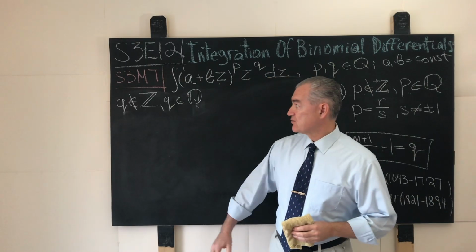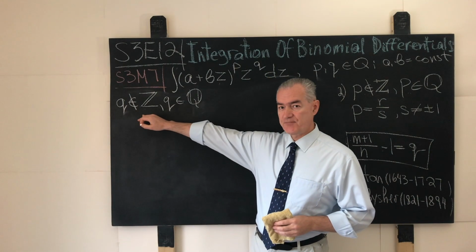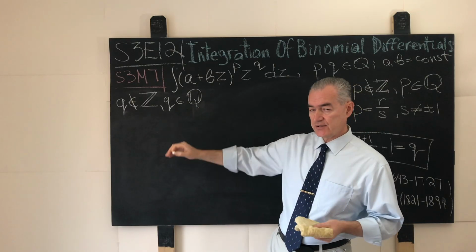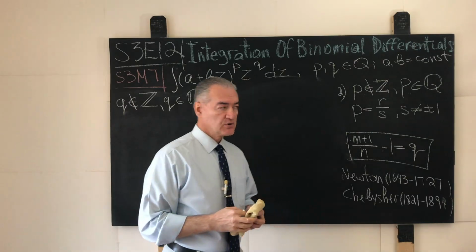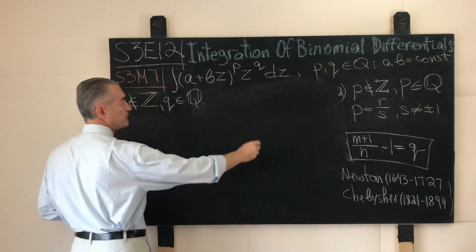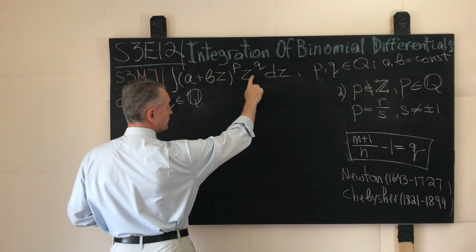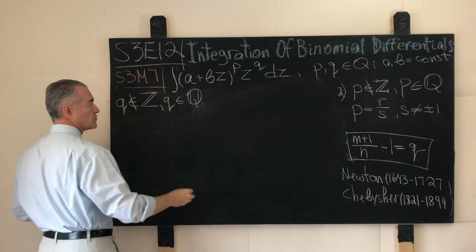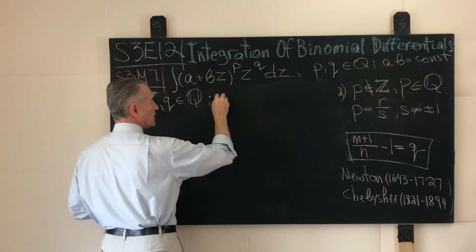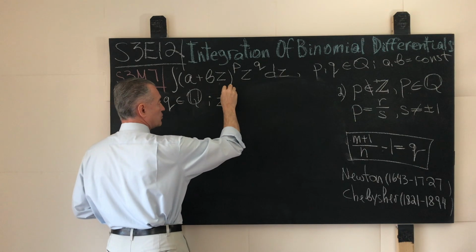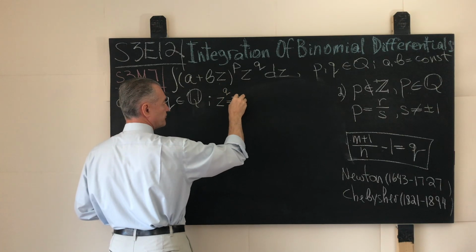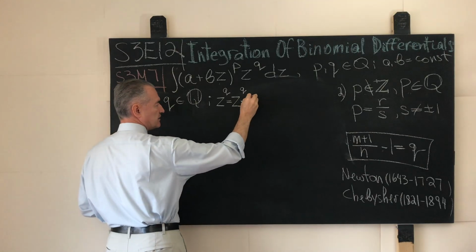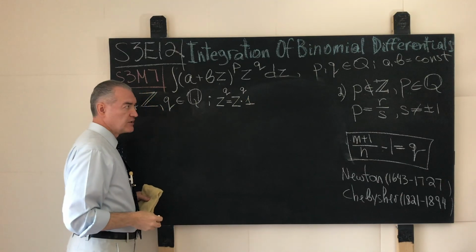Finally, we consider the case when the number q is not an integer, but it's a number that is rational. And what do we do in this case? Well, in this case, we work with the factor z raised to the power of q, and we represent it which way? Let's do it here. Z raised to the power of q is equal to z raised to the power of q times 1. We begin with this maneuver,